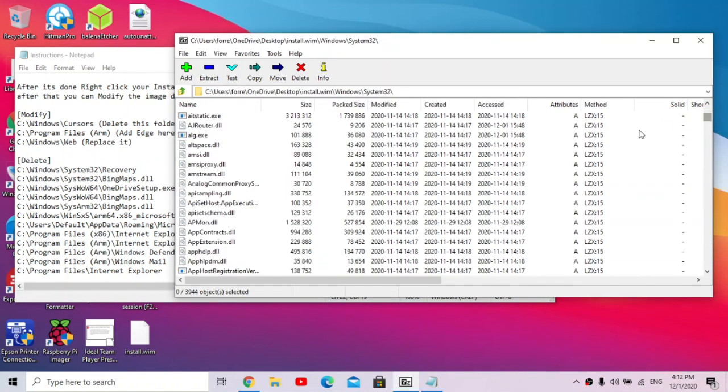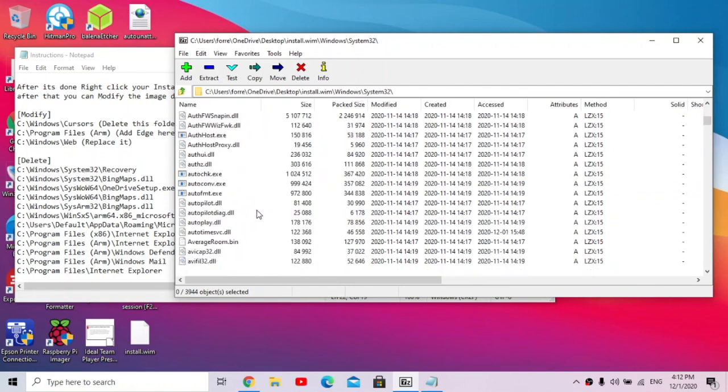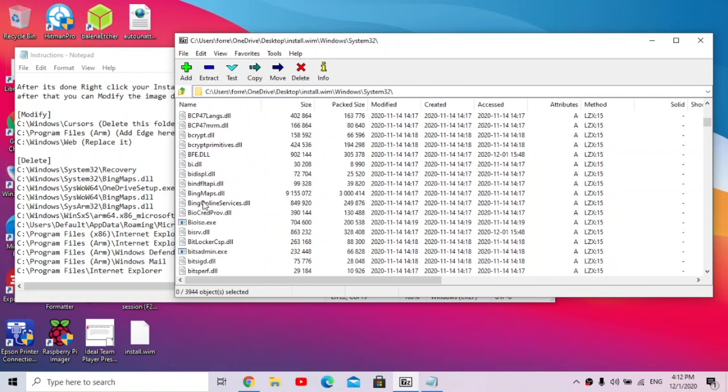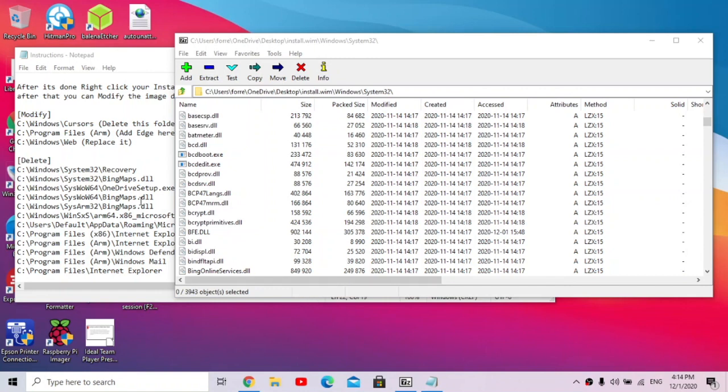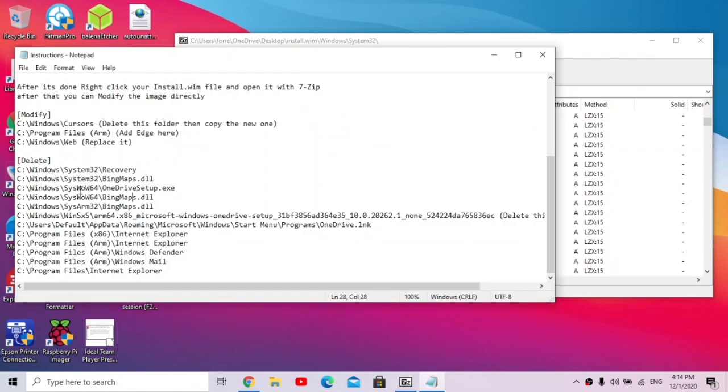And then we need to go down here and we need to find bingmaps.dll. So let's just go looking for that one. And it's right here, bingmaps.dll. Just yes, delete it. And now we need to delete OneDrive. So that is in